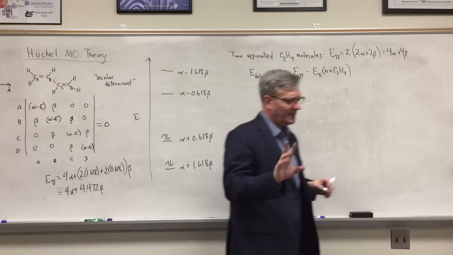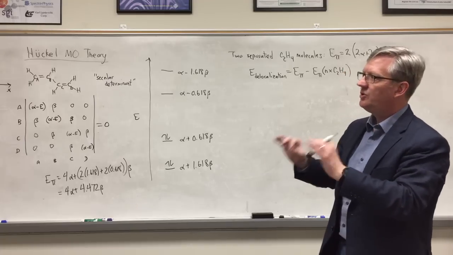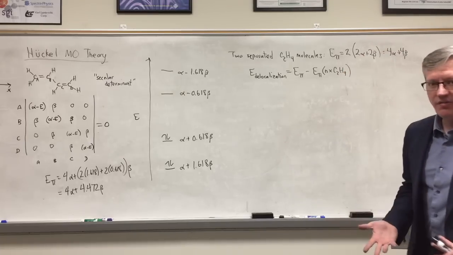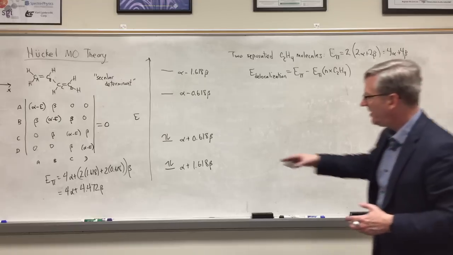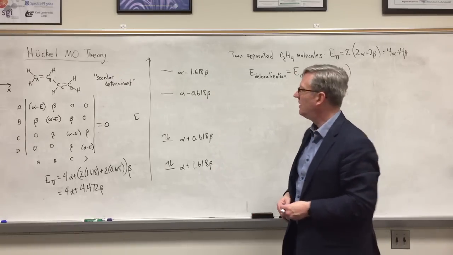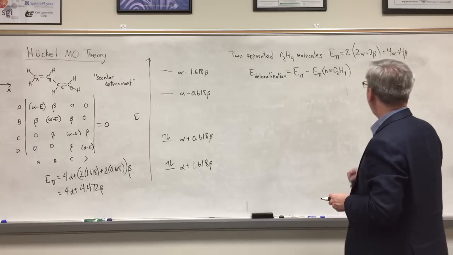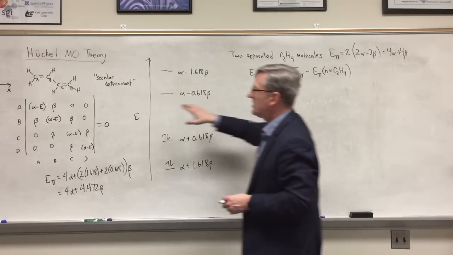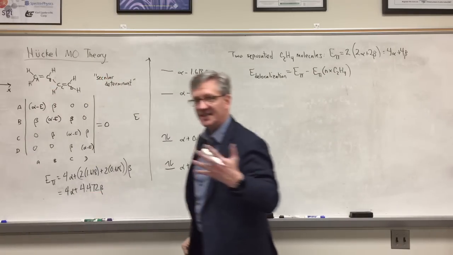Now, I just said something that's a bit problematic. I said there are two double bonds. We have to be very careful about that. Because are there two double bonds? I haven't shown you what the orbitals look like yet. That's next. But comparing to two ethylenes, because that matches the total number of carbons, I can see that there